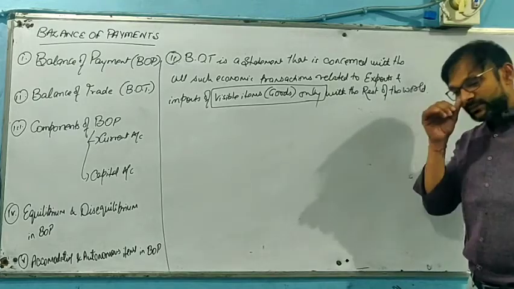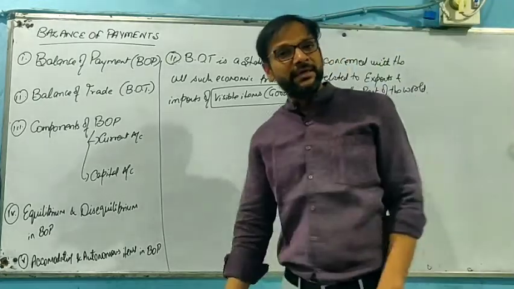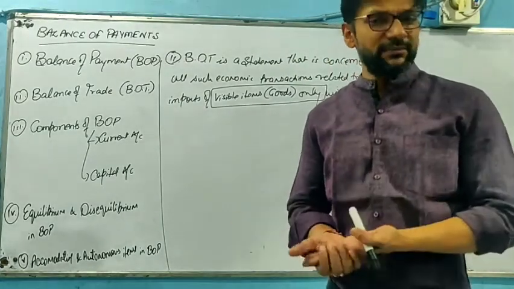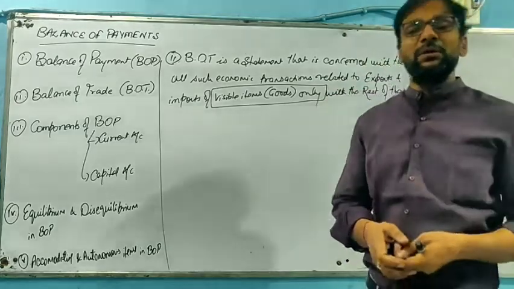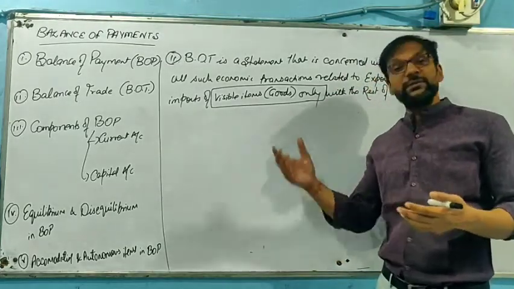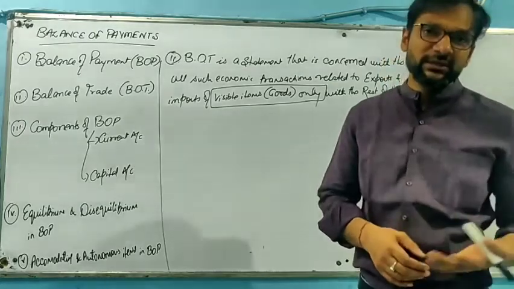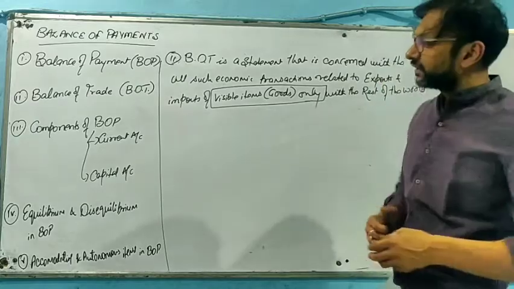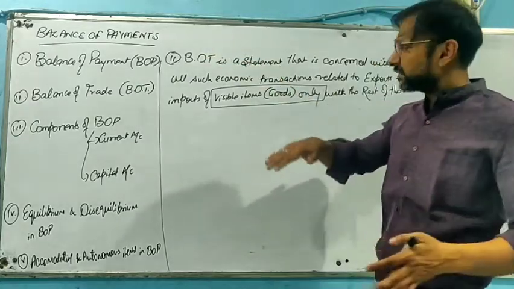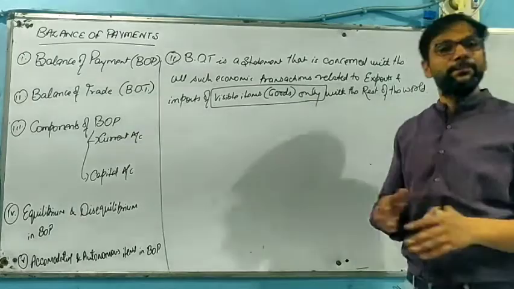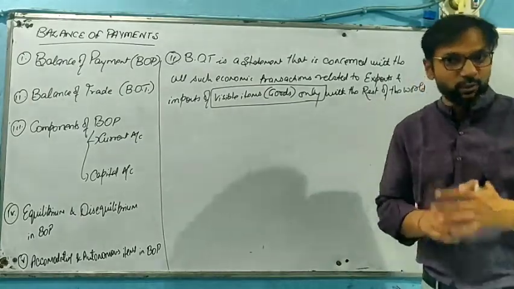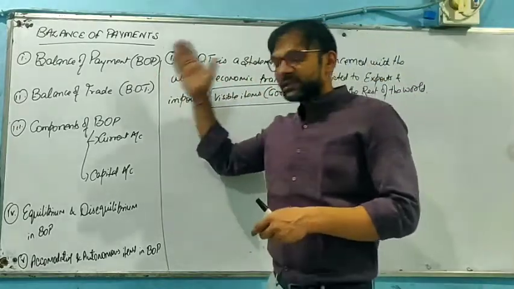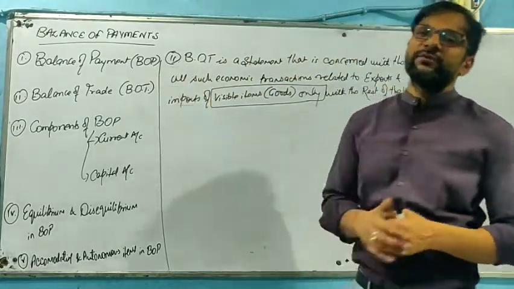It means balance of trade does not undertake the import and export of invisibles, or receipts and payments of invisible items, or we can say services. It does not undertake current transfers or unilateral transfers, as well as capital transfers. Such items are not included in balance of trade because balance of trade is only concerned with the visible items. Their import and export with the rest of the world is only included in BOP. That's why we say balance of payment is a much wider term than balance of trade.